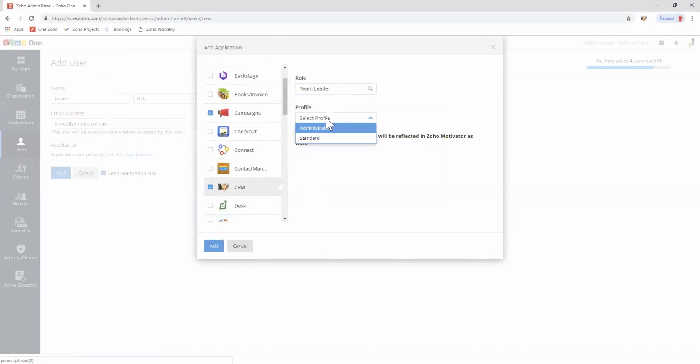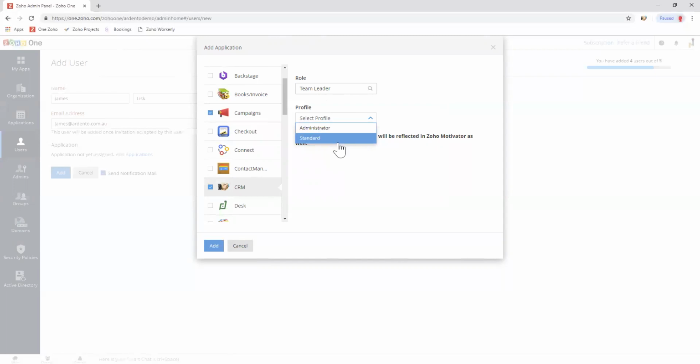Going down to the profile section now, there is a standard profile and then there is an administrator profile. So remember, the difference between profiles and roles is that a role is about visibility and a profile is about editing, deleting, and modifying records inside of the system. So if they're an administrator, they're going to be able to mass import, mass export data, mass delete data, delete and edit records inside of the system, add new records, change fields around to be different values,